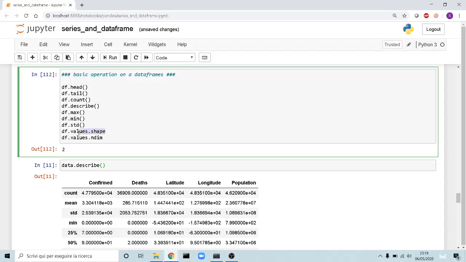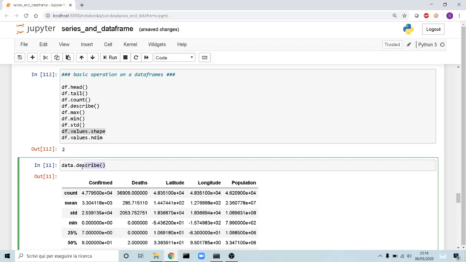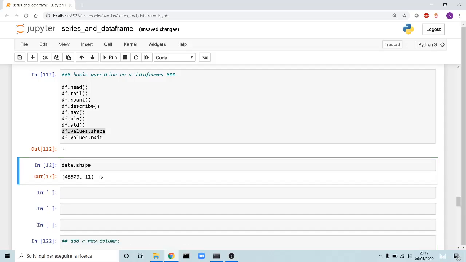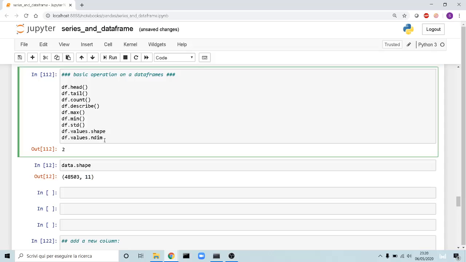Then with this command we can visualize the dimensions of this dataset. In this case, we have 48,503 rows and 11 columns. And with this command